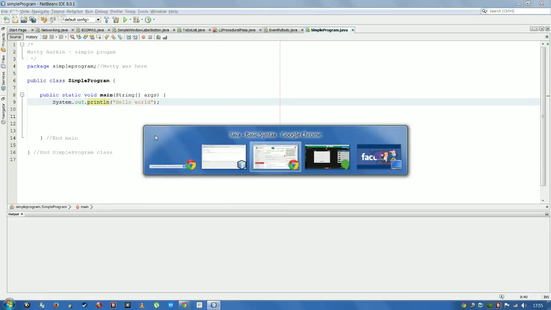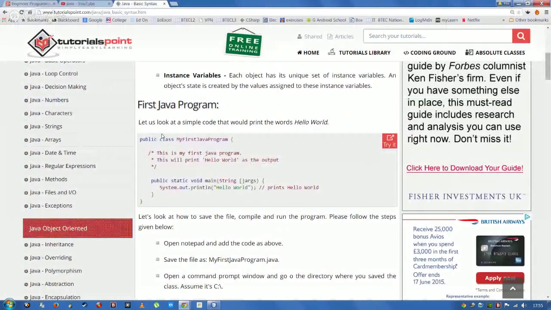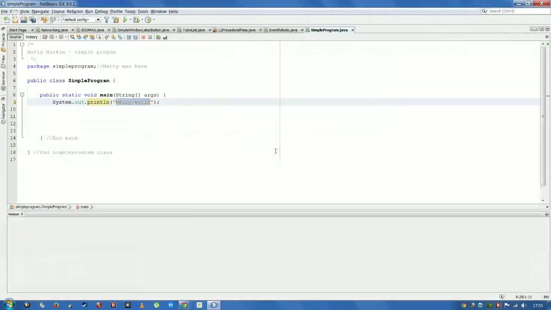Again, jump back, click, hello world. I like that one much. So I'll go up there and I'll just say something like, Matty is here using Hangouts. And if it's all working, you might actually hear what I'm saying. I'm not sure if it's working yet. It's my first attempt. The semicolon at the end of this line means this one command is completed. So if you take the semicolon out, you will receive an error, and in NetBeans it goes very red, right? So make sure the semicolon's in, that's the dot and the comma next to each other,